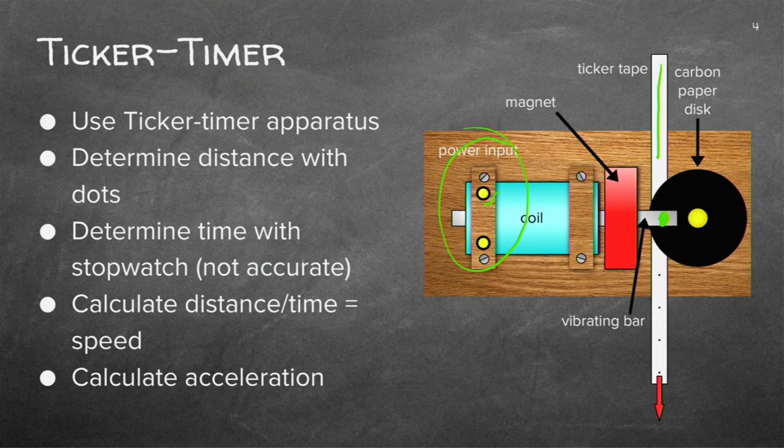And through that, we will pull a piece of tape. It's white paper, and it will move. And if you see this, after it's been through this ticker, it actually has small little dots. The carbon paper actually makes the little dot on this paper. And then I can calculate the distance. I have the time to calculate the velocity and the acceleration. And you can work with a stopwatch. We know it's not that accurate, but it gives us a very good sense that we can work with.